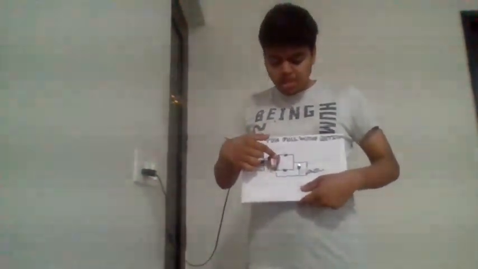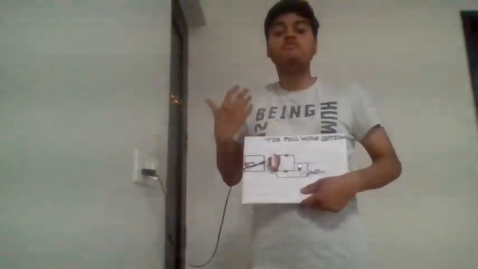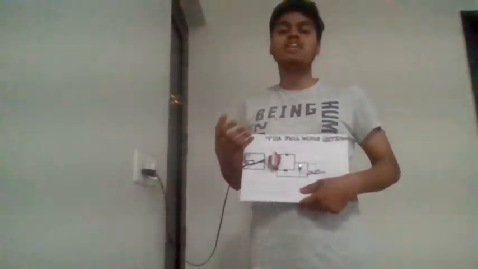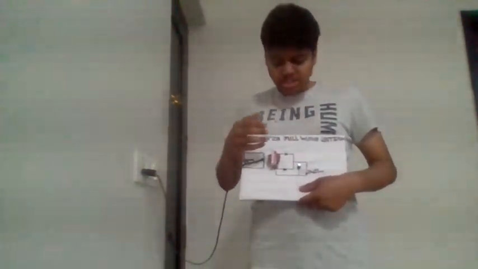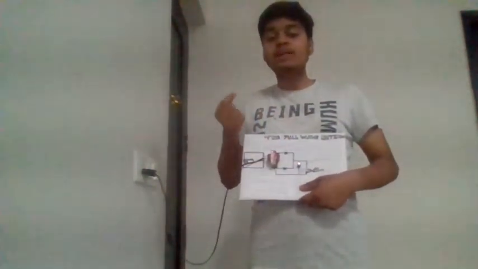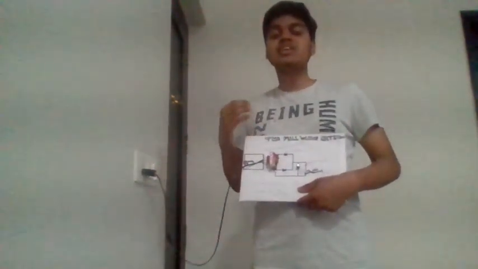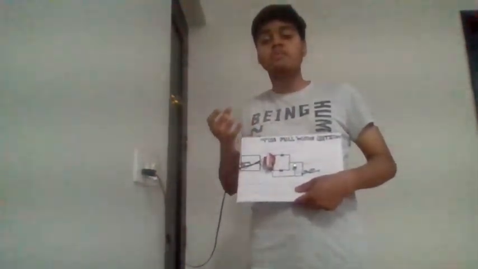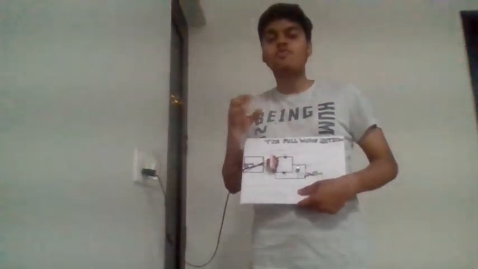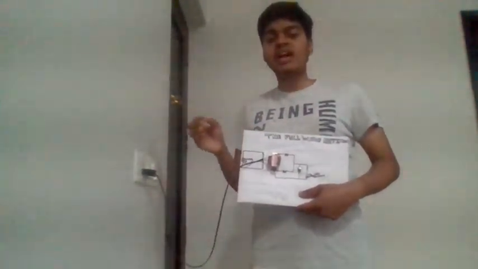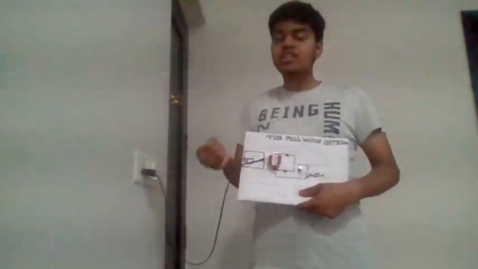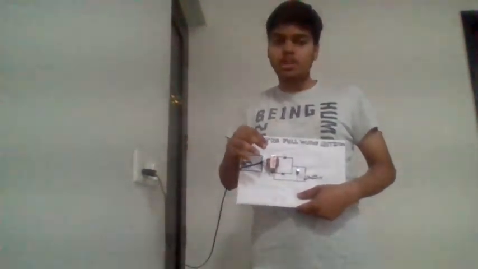First of all, what is being used in this device? This is a transformer. These are diodes, which work on forward biasing and reverse biasing respectively. We will discuss it in the topic afterwards. Then there is a capacitor, which helps to store the charge. Now it is a resistor. A resistor is a device which helps to resist the flow of current to maintain the voltage. And this is an LED. It is a testing device which helps us determine whether the current is being supplied in DC voltage only.